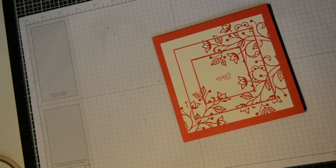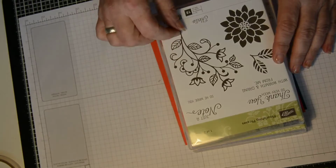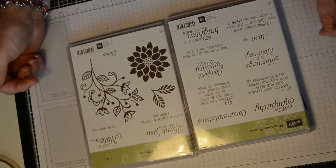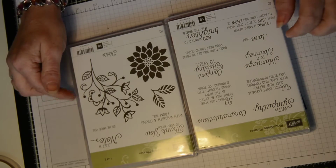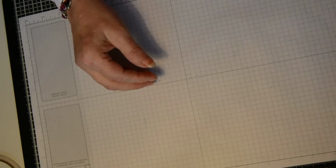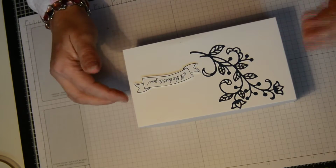The stamps that I used for this one is Flourishing Phrases, and it's this spray here with the little hello. It's a 2-box stamp set, one with lots of different sentiments and one with the spray, which I think is absolutely beautiful. So popping those to the side and bringing in the box that inspired the whole card as well